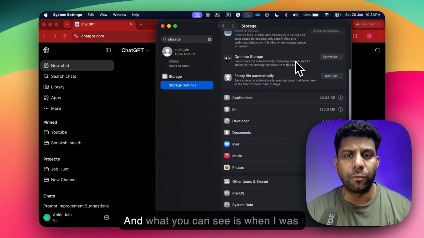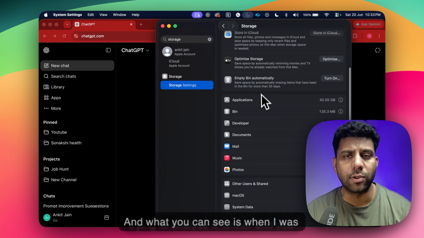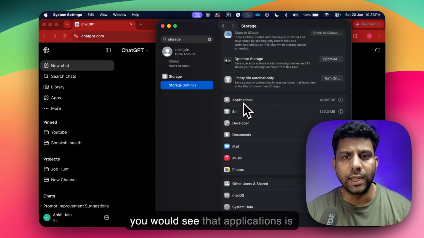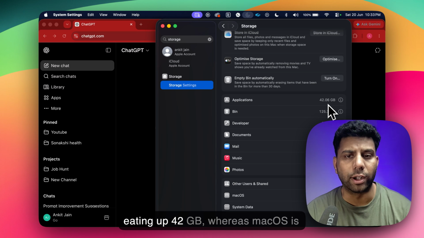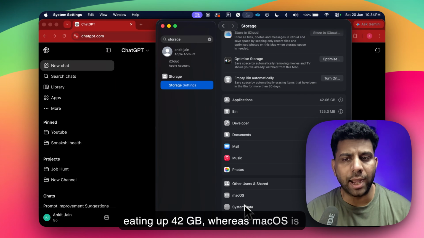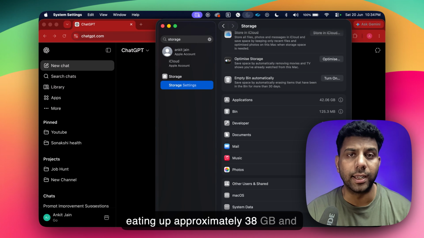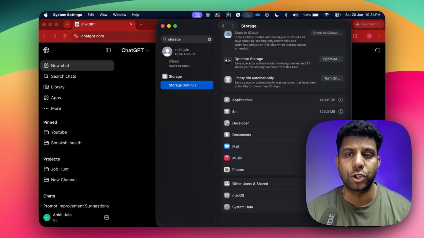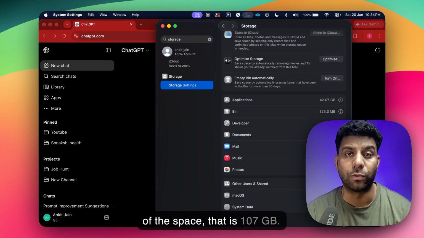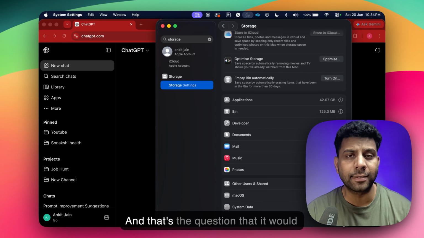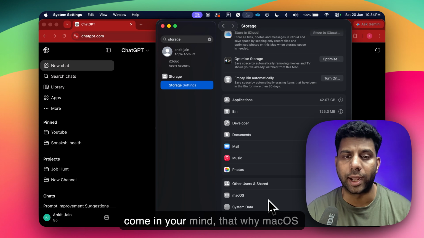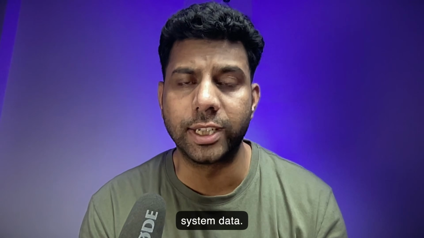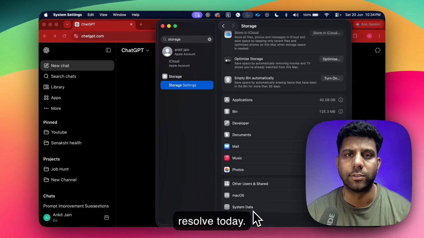When I analyzed it further, applications is eating up 42 GB, macOS approximately 38 GB, and system data itself is eating the most space, 107 GB. The question that comes to mind is why macOS is eating up less compared to system data. That's what we're going to resolve today.